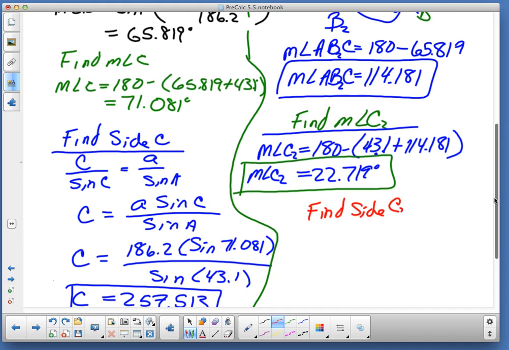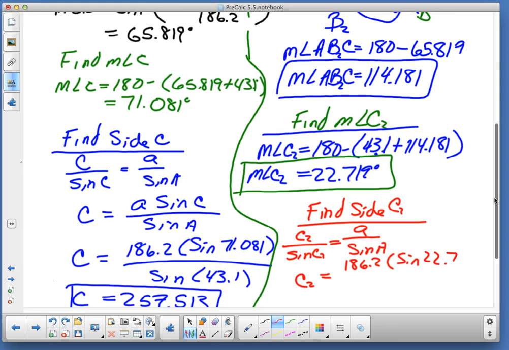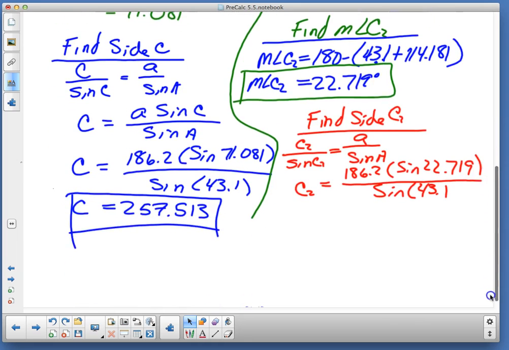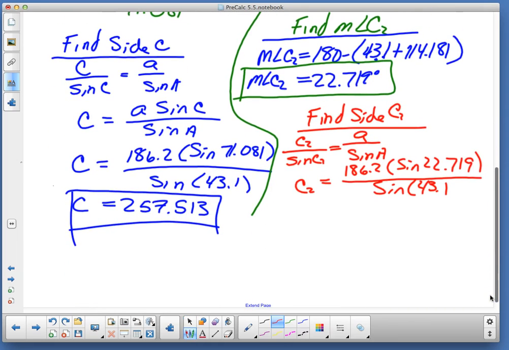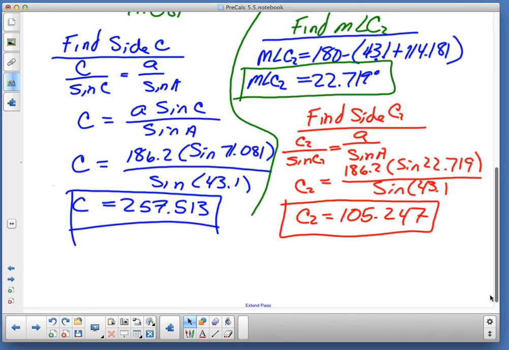side C, the second C, C sub 2. Sine of C sub 2 is equal to A over sine of A. Well, C sub 2 is equal to 186.2 times sine of 22.719 all over sine of 43.1. Well, I get that in my calculator, and I get it all punched out, and Mr. Foss, if you would, just double check me, would you? Okay, C sub 2 is 105.247. Now remember, this is not an angle, but a measure,